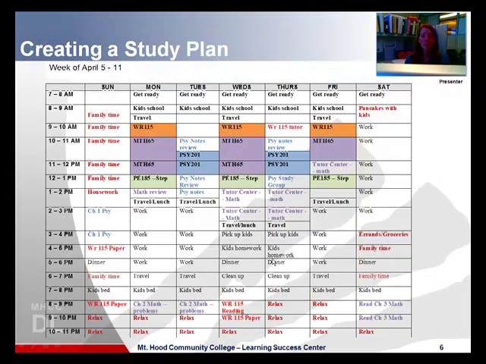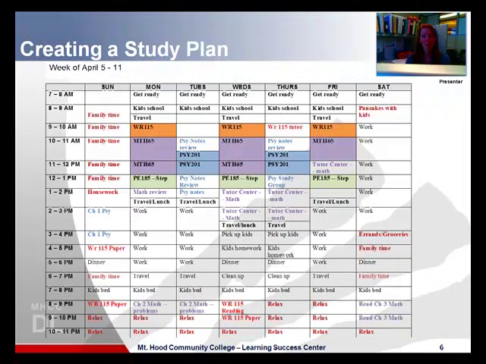I've done the same thing on Tuesday with psychology. You also want to plan your study time during daylight hours as much as possible. Human beings are not nocturnal animals. We're essentially programmed to be asleep when it's dark and awake when it's light outside. So if at all possible, do your studying during the day when you're going to be naturally more alert. If it's not possible for you to do that, then try to get up earlier in the morning and do